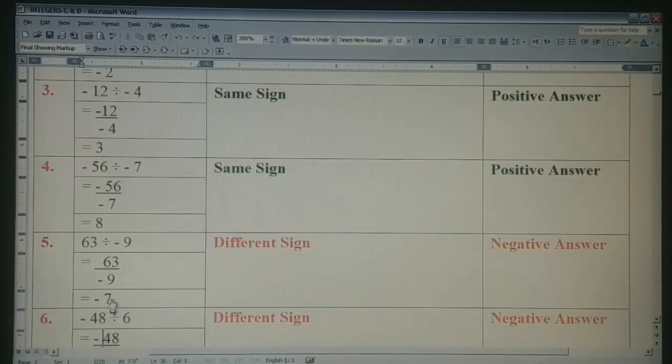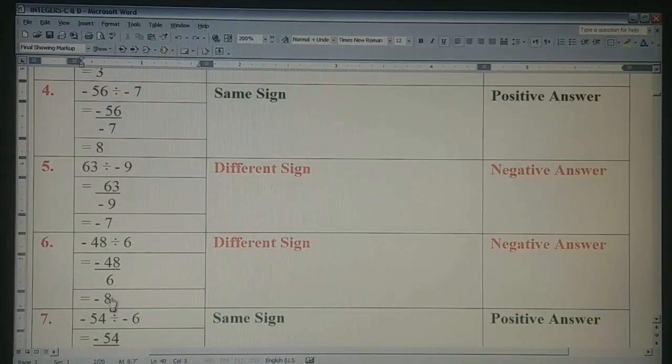We go to the next question, that is the fourth question. Minus 56 divided by minus 7. Minus 56 is written in the numerator, minus 7 is written in the denominator. Numerator and denominator both have the same sign. Answer will be positive. So 7 we can cancel with 56. 7 ones are 7, 8 sevens are 56. The answer will be 8, or 8 upon 1, that is 8.